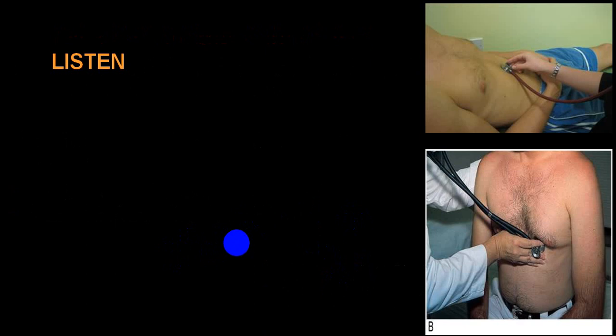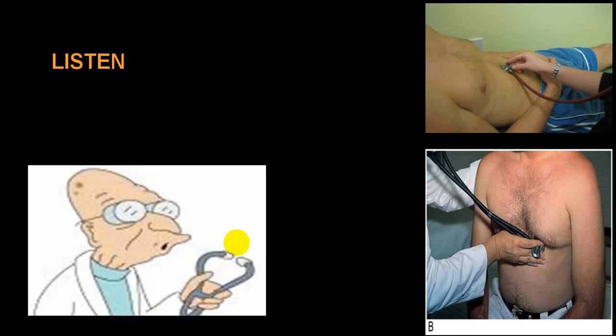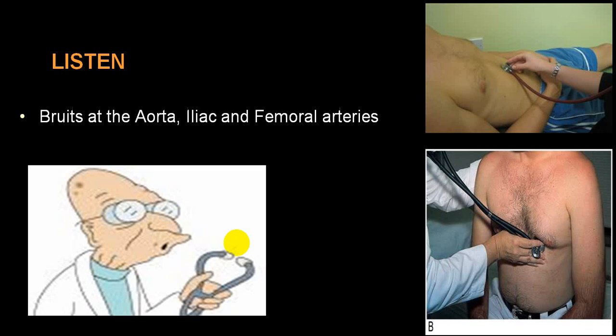This is another way now to look for partial occlusion of an artery or partial occlusion of a vessel. You put your stethoscope at the site of occlusion where you are suspecting. There are a few conditions which will have occlusion and turbulence of blood flow at the site of involvement, like coarctation of aorta, aneurysm, atherosclerosis, and atherosclerosis with thrombus where you can have a partial occlusion, arteritis, etc.